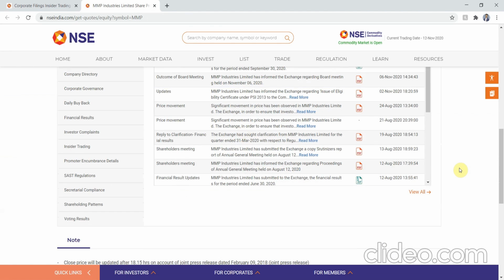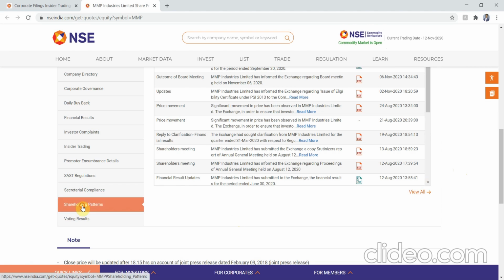Okay, now it brings us to the very crucial part of our analysis, and the real analysis actually starts from this point. So we have to check four things, namely the shareholding pattern, the SAST regulation, the promoter encumbrance, and the earnings per share that will be available in the financial results. Okay, so I'll walk you through the detailed steps in a moment.